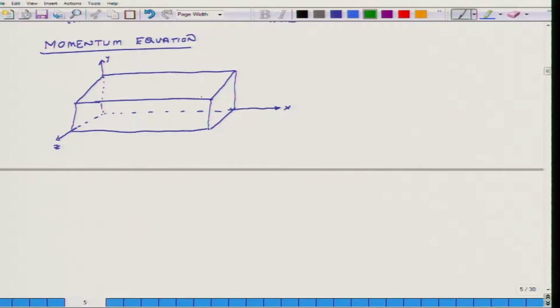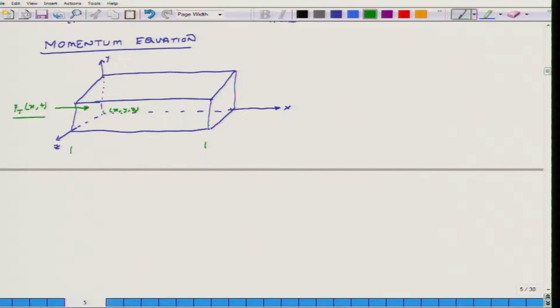Let us say the pressure on this face is P(x,t), and let us say the coordinate of this point is x, y, z. Okay. So, on this plane the pressure is P(x,t), which is a function of x and time,